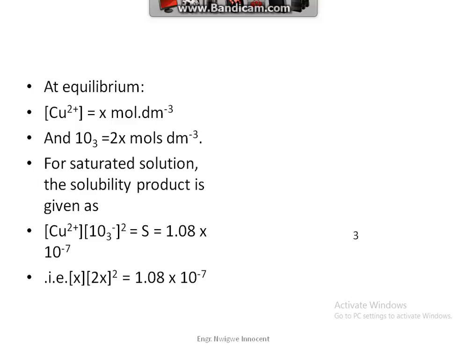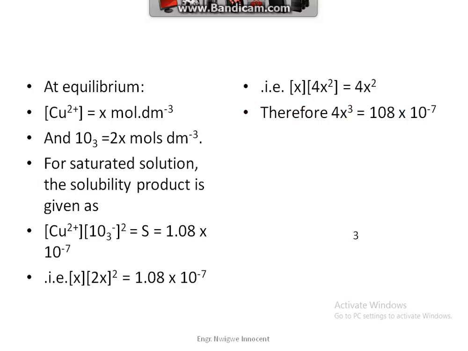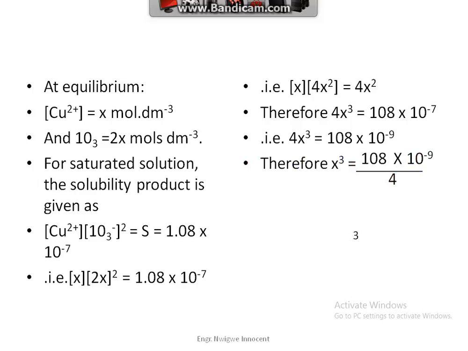That is, S times 4S squared is equal to 4S cubed, which is equal to 108 times 10 raised to the power minus 9. Therefore, S cubed is equal to 108 times 10 raised to the power minus 9 over 4, which is equal to 27 times 10 raised to the power minus 9. Therefore, S is equal to cube root of